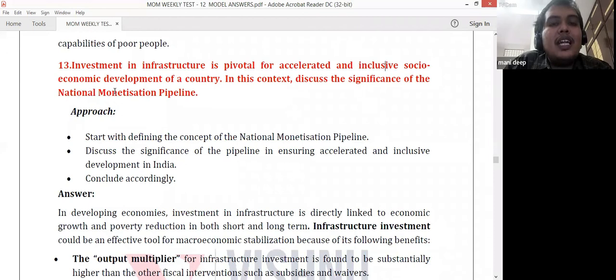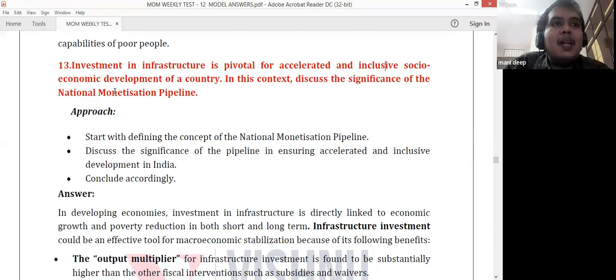So, to get enough returns from that infrastructure or asset, the government has focused upon monetizing the asset. For example, they have given it to private players. The private players can organize different parties or launch events in the stadium, or use it for advertising, or as a concert field. So they can use the stadium as an asset for different purposes. But there is no transfer of ownership. It is only based on lease. That is, for this period you can use this asset and you should return it back to the government.